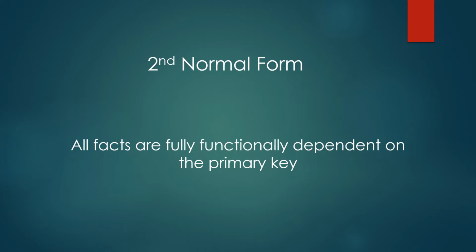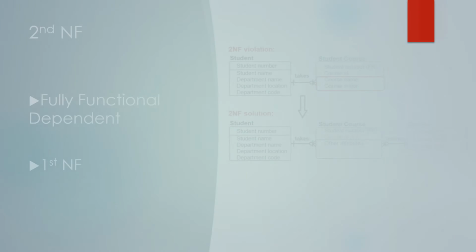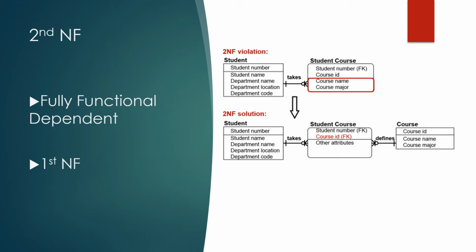Second normal form. A table that is in the second normal form first satisfies the condition of the first normal form. Additionally, every non-primary key column is said to be fully functionally dependent on the primary key. An attribute is considered fully functionally dependent on another attribute if it is not dependent on any smaller subset of